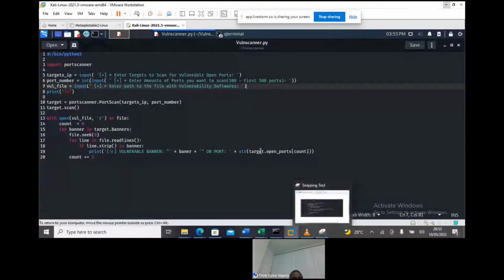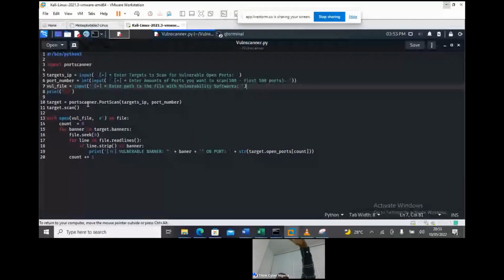That's the first thing. These other ones are from the previous script. Port scanner is the name of the script, that is the class of the script, then the input variables. We declare a function target.scan. Now, you read the file, and you start counting. It's a simple and straightforward script. There's nothing much to do here because most of the job has been done in the previous script that you imported. You create a count of the banners you're scanning. In this particular one, you are not scanning to do banner grabbing. You have a list of banners.